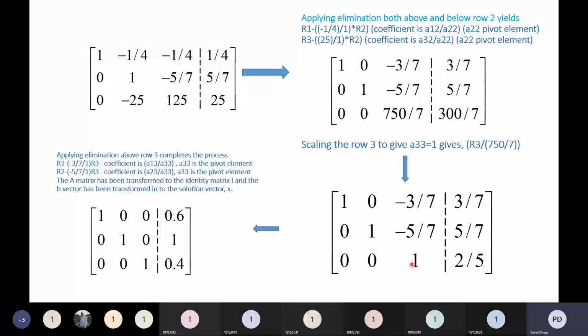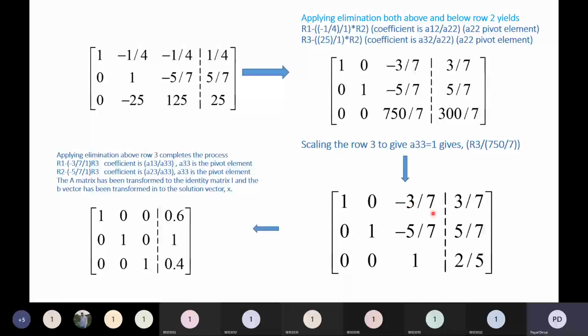Now you can see when exactly the third pivot element is being used from this diagonal. This is your pivot element, and then minus, what is the elimination multiplier? Minus 3 by 7 divided by 1, minus 5 by 7 divided by 1. So I don't have to write 1 here, right? It is just for your understanding that I have written 1. In the textbooks you will see that there is no 1 written here, and you shouldn't get confused, because this is the unity element. This is the pivot element, and the pivot element always goes in the denominator, downward always.